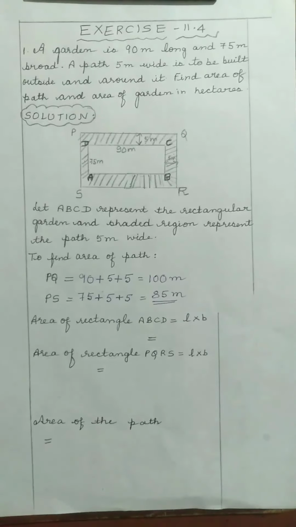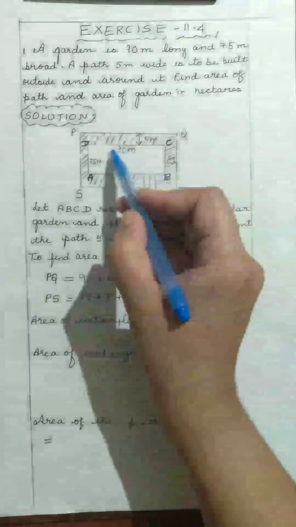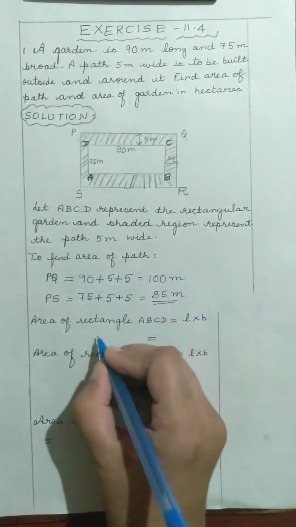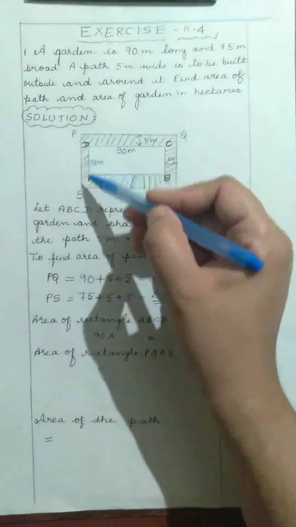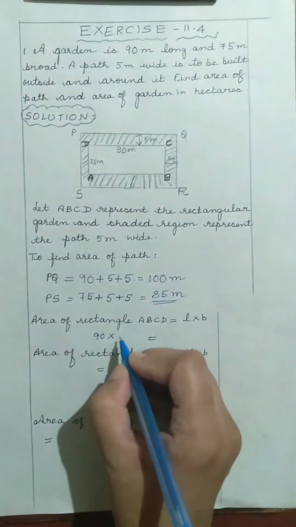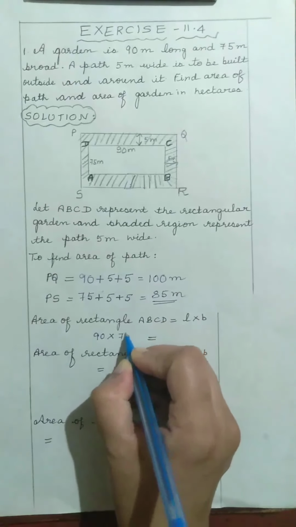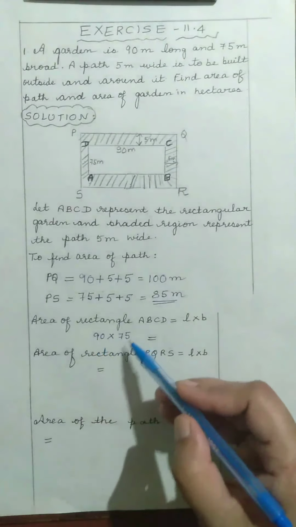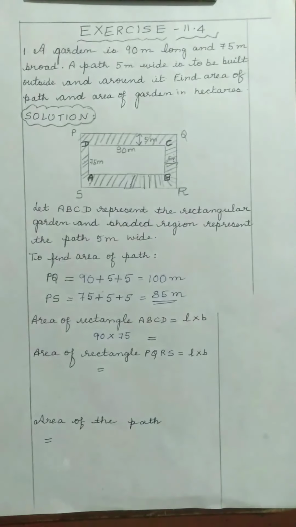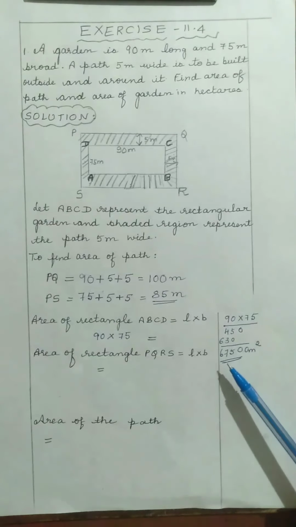We know that the area of the rectangle is equal to length into breadth, where the value of length is equal to 90 meter into the value of breadth is equal to 75 meter. So, on multiplying 90 into 75, children, we will get the answer equal to